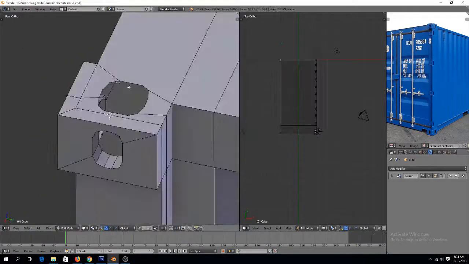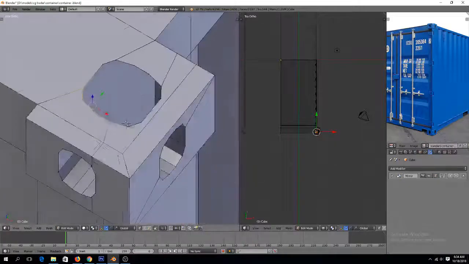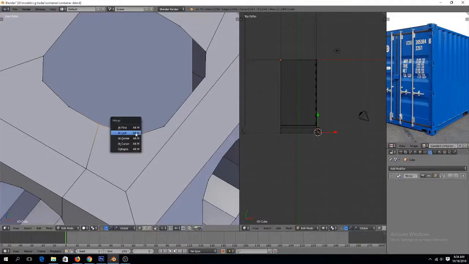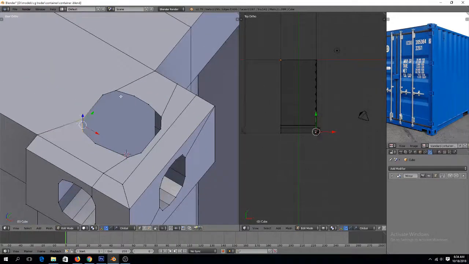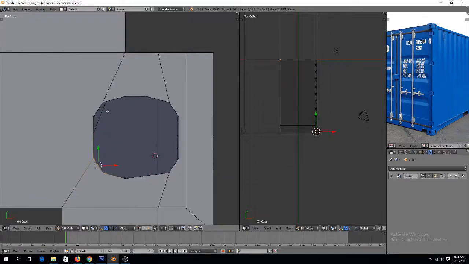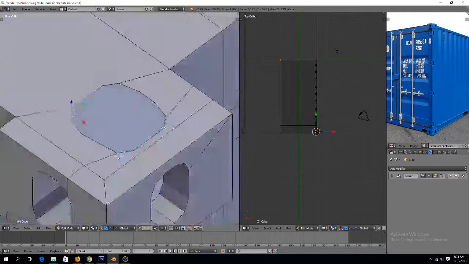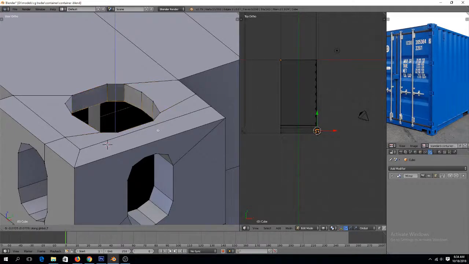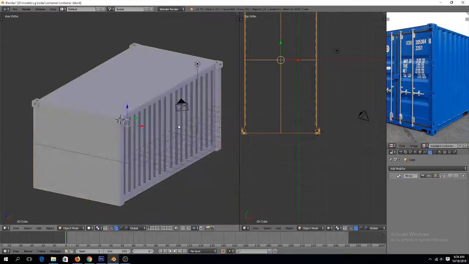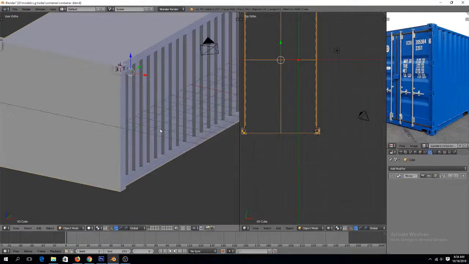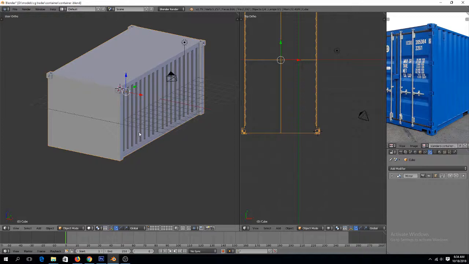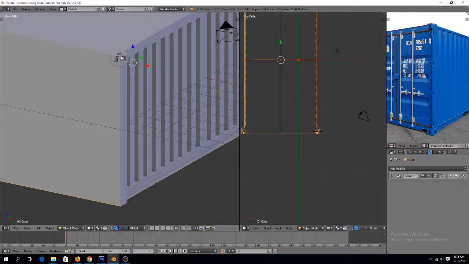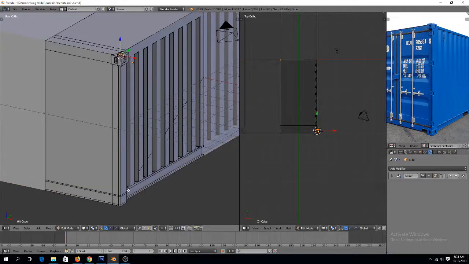Let's see. And also, I think there's a lot of vertices here, so I'm going to remove some of them, doing that to that. So we are losing the shape, so we have that. I also think the top is the same, so there is some kind of symmetry. So this is supposed to be done to the bottom as well, but